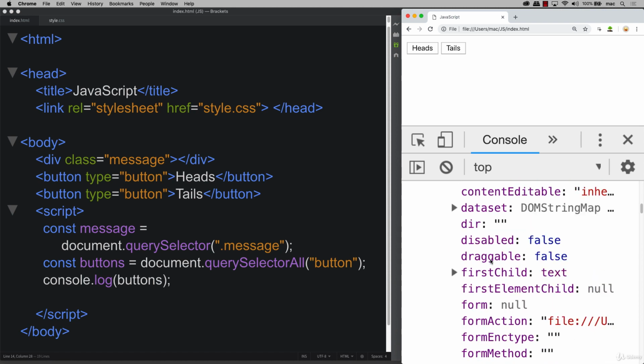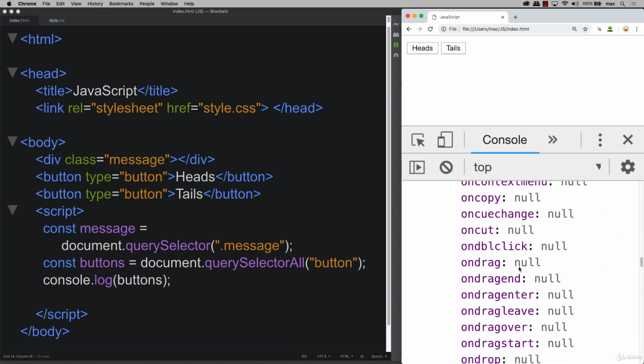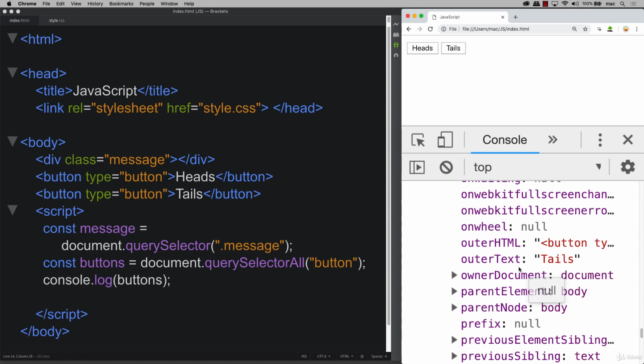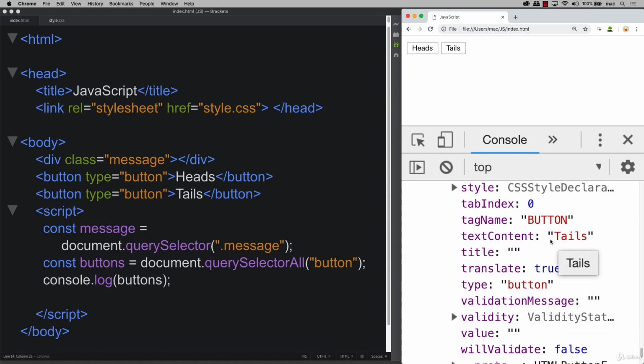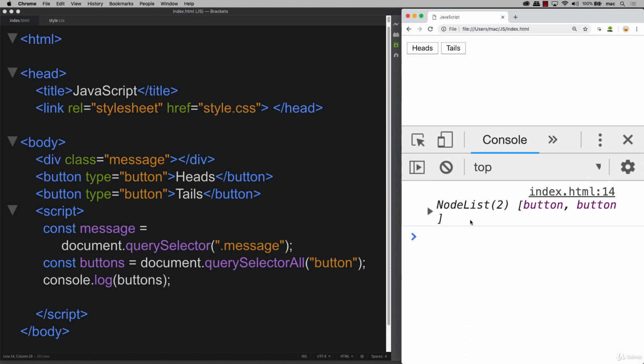And you can see the difference here is we've got a different inner HTML as well. We still have a lot of the same properties, and the outer text is tails, and the text content is tails as well. So we can use the content of these elements and determine which button was clicked, attaching an event listener to these buttons. And I'm going to show you how to do that in the upcoming lessons